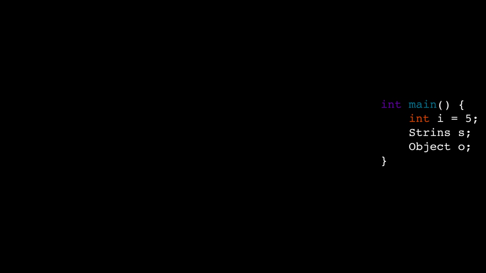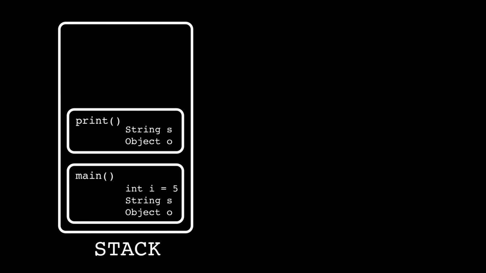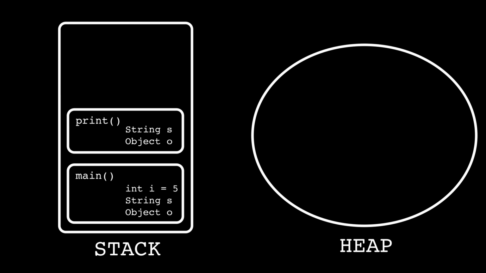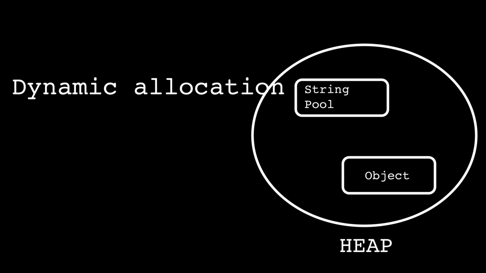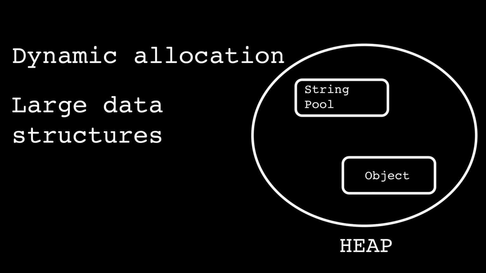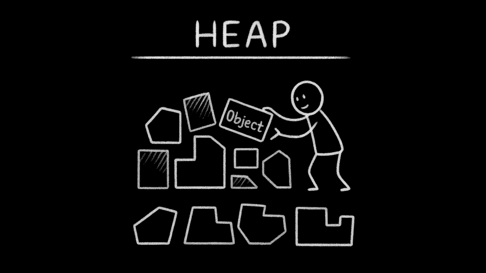But when declaring a new variable inside a function, not everything stays in the stack. When we declare a local variable, two things are involved. The variable itself, the reference or the pointer, which is stored in the stack, but the actual data that the variable points to is stored in the heap. The heap is a region of memory designed for dynamic allocation, large data structures, and data that live longer than a function call. Unlike the stack, which is tightly managed and automatically cleaned up, the heap is free-form.